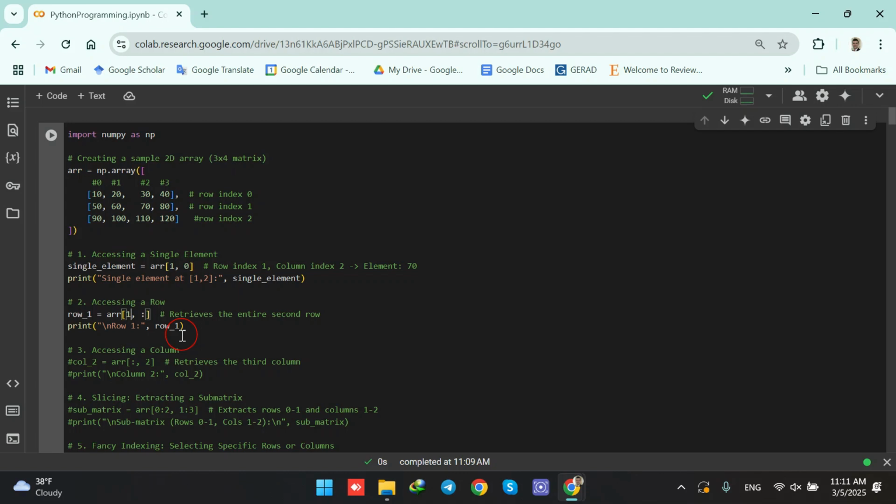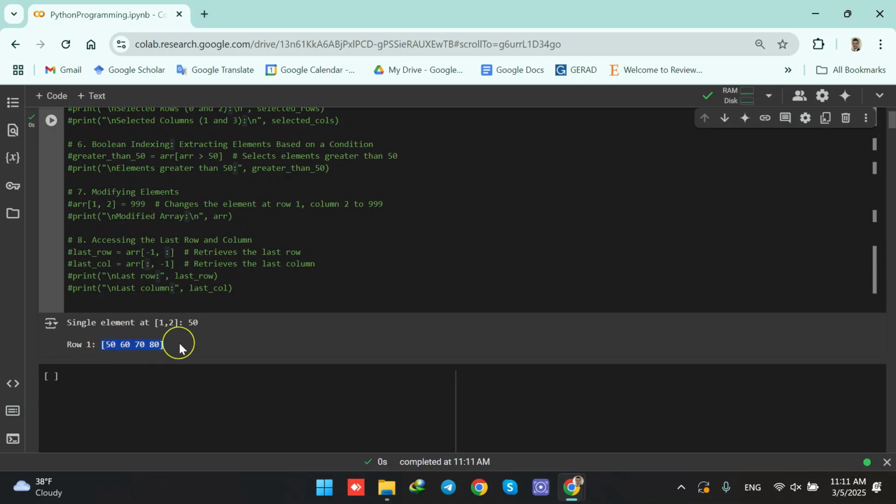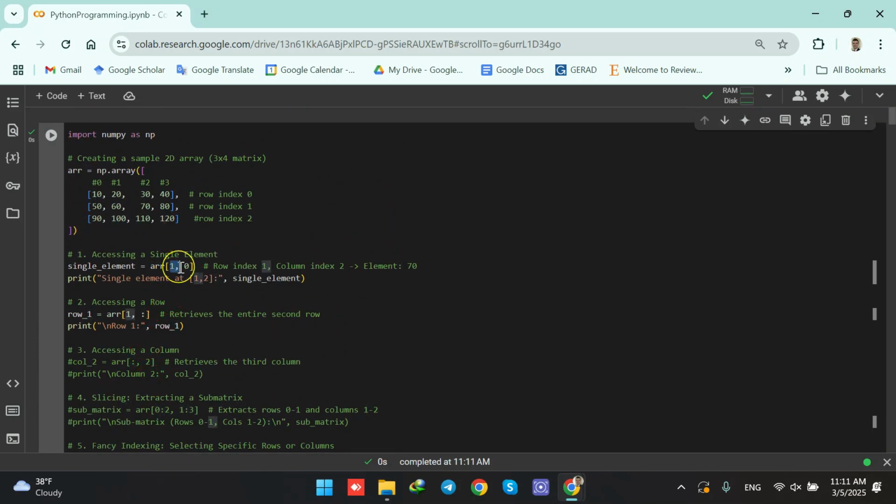So we mean that the second row with index 1, we want it to be printed entirely. So we write down the index of the row, which is 1 here, and then put a comma and colon, meaning that when we run the code, we see the entire row in the output. The point that I mentioned, that before the comma everything is about the row and after the comma everything is about the column, makes sense for accessing an element from a two-dimensional array,